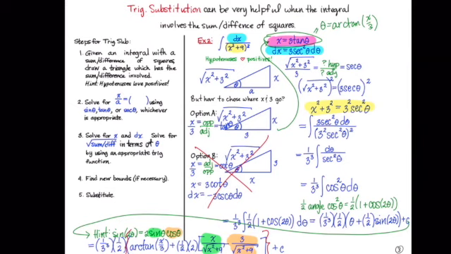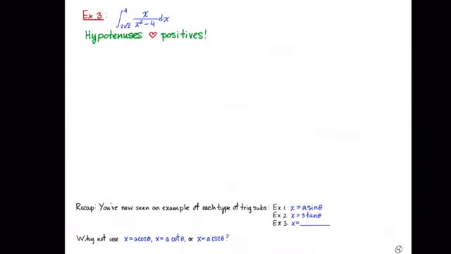So we've seen 2 of the 3 cases. We've seen in the first example where we had a number on the hypotenuse. In this example, we have the square root of x squared plus a squared, the whole thing on the hypotenuse. And in this next one, let's take a look at what we should put on the hypotenuse. Here we have x squared. This is the positive part of our square root thing. And so when we draw our triangle,